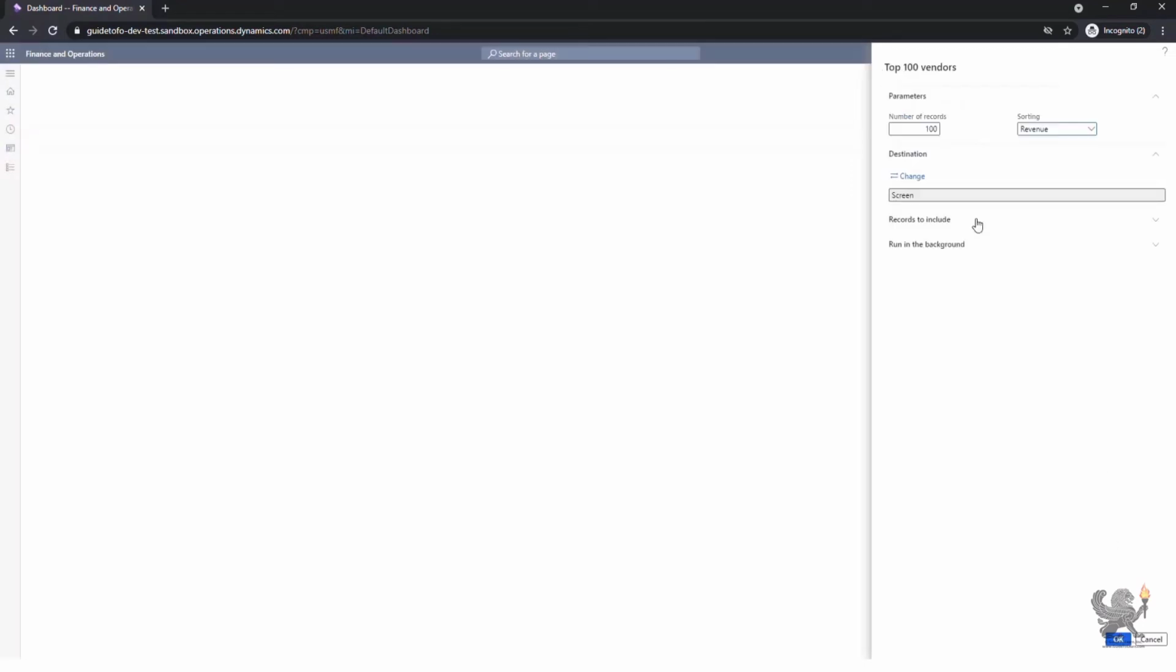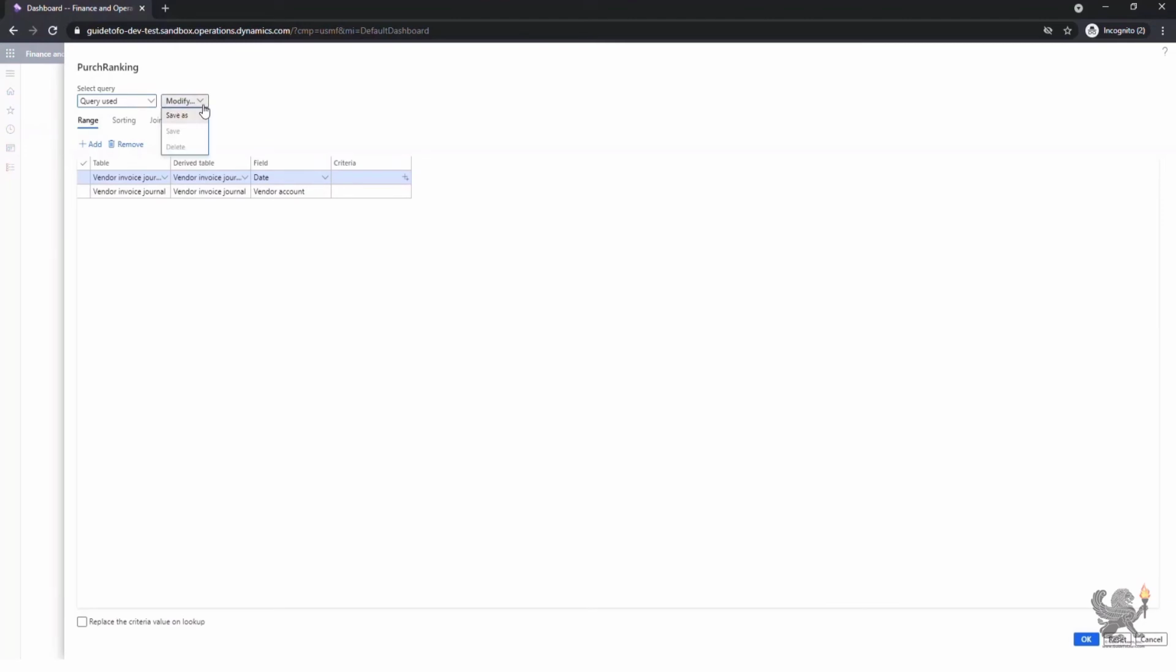Like many other forms, you have the capability to filter the records to be shown by either the date or vendor accounts. Also, you have the option to run this specific process and generate the report based on the recurrence as well as setting up the alert. I can click filter, and by choosing the inquiry form, I can select my options and provide criteria and save